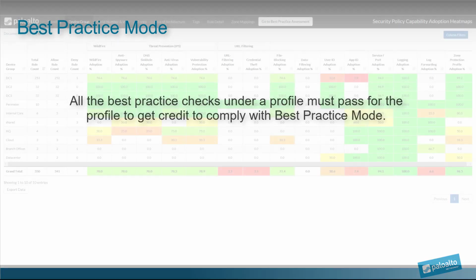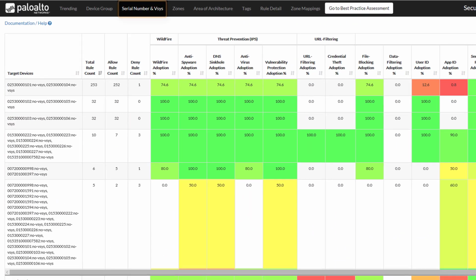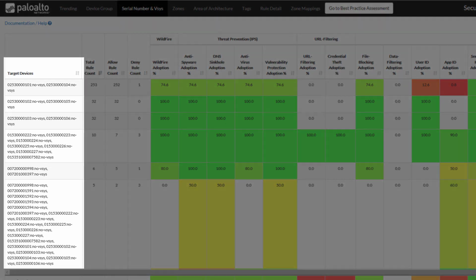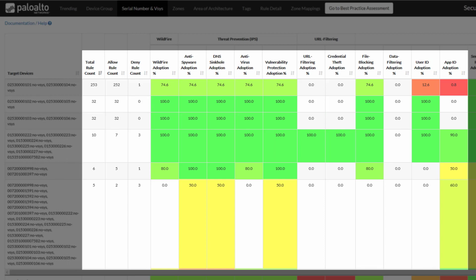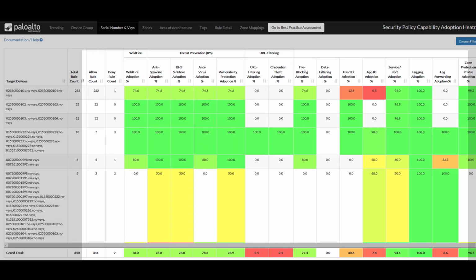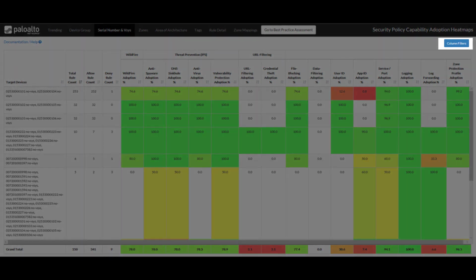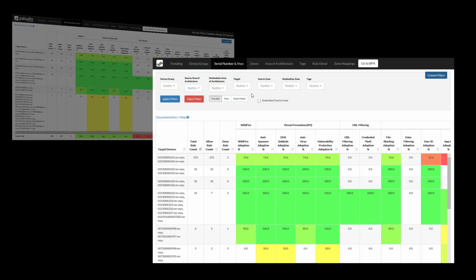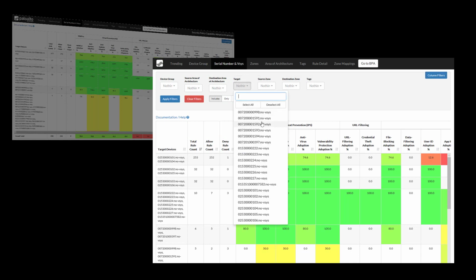with best practice mode. The serial number in Vsys page lists the serial numbers or devices and the policies that are applied to them. The serial numbers are displayed under the target device column. Moving across the row, you can see the adoption percentage for enabled policies. Using the column filters, you can narrow down to specific serial numbers. From the columns filter, you can select the serial number and click Apply Filters to only show the policies for